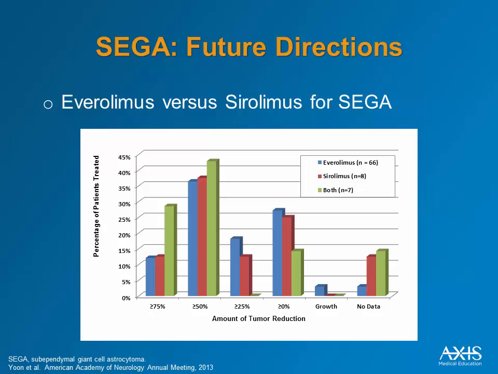And what we see is that there was basically comparable response to everolimus and sirolimus in each of these categories of treatment response. I think the combined response of both treatments is not that these treatments were offered at the same time, but that they were followed one by another, and so it's selected for patients that may show a favorable response to one over the other mTOR inhibitor, or may tolerate one mTOR inhibitor over the other, or that they were treated for a much longer period of time. It's difficult to draw more conclusions from this, but I show this just to show you that in many parts of the world